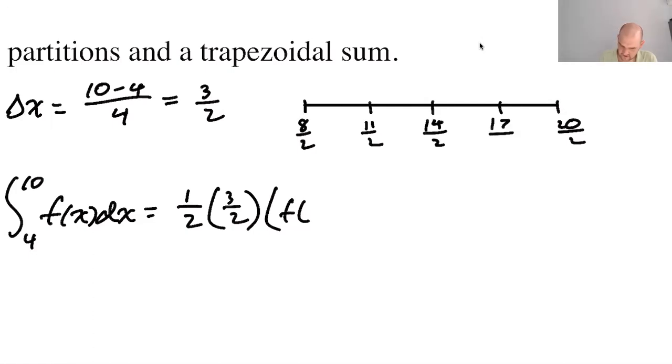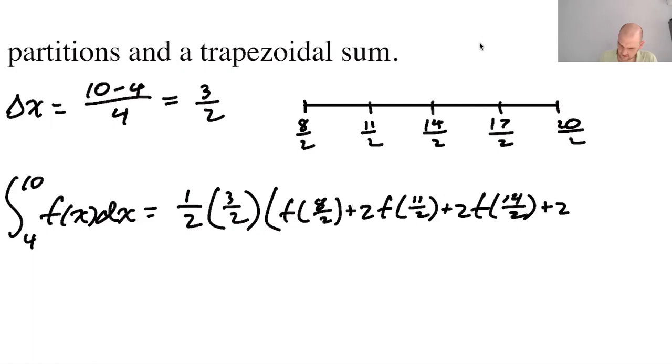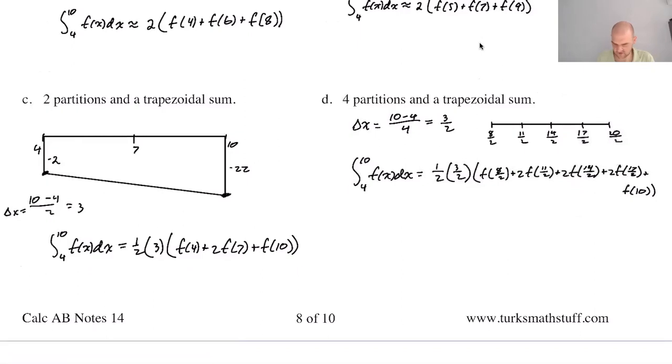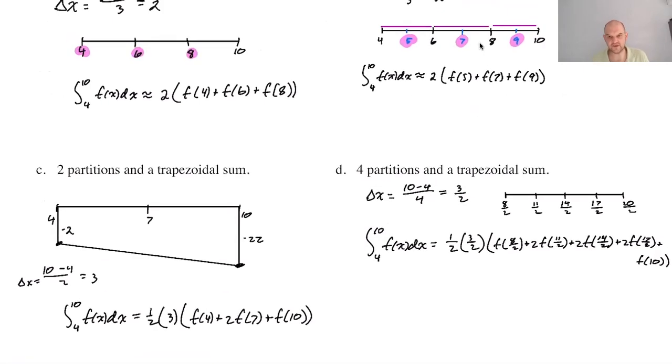14, 17, and then 20. Okay, so that use once. 2 of these. 2 of these. 2 of these. If you simplify these, it's less writing. That should be a 7. And then 1 of these, f of 10. Okay, and I think that's going to give me negative 72. I think both of those answers will be f of